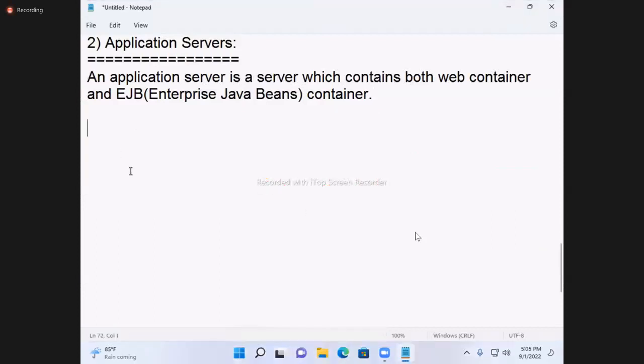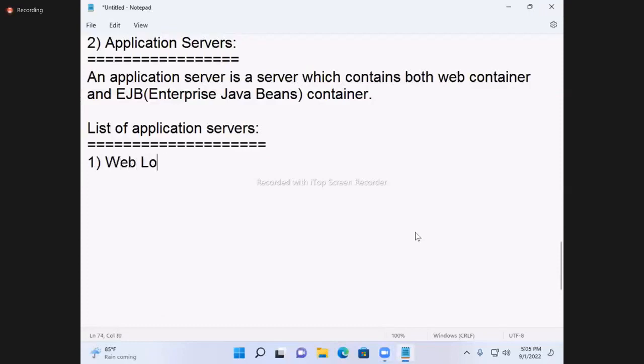Okay. Is that over, the diagram? Next, list of application servers. First one, WebLogic server, WebLogic application server. WebSphere application server.